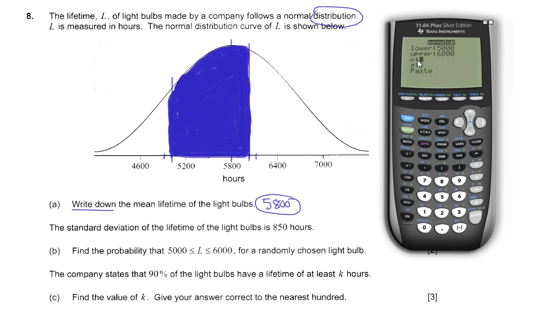And then this little mu here is our mean, and the little sigma, if you remember that, is our standard deviation. So our mean here was 5,800. And then our standard deviation, they tell us, is 850. So we'll do 850 on that one. And then we just push enter, and it's going to paste it into our normal CDF formula here that it gives us. And we push enter again, and we get